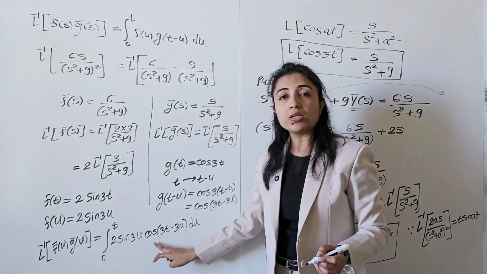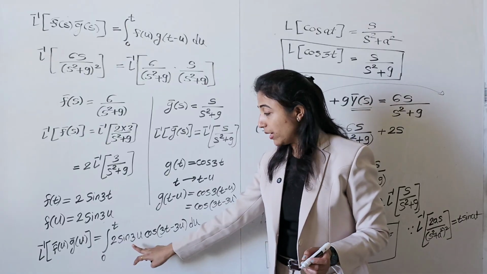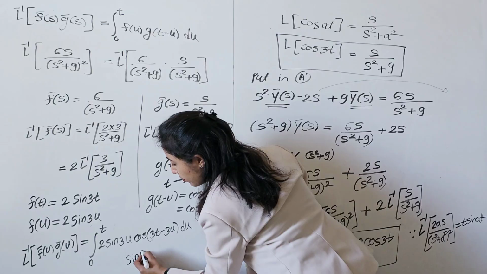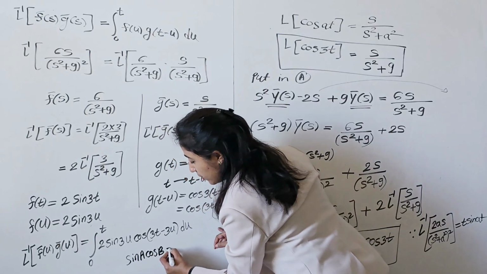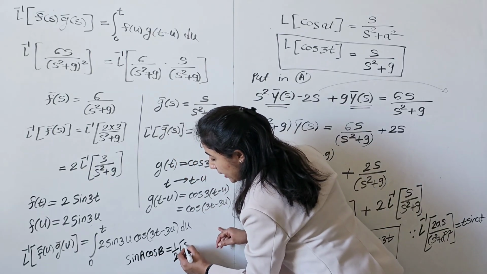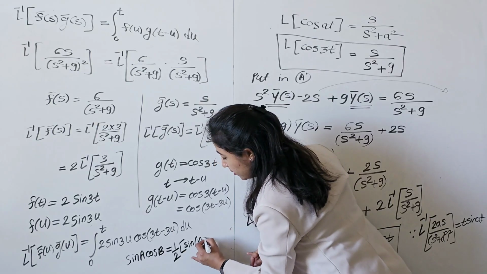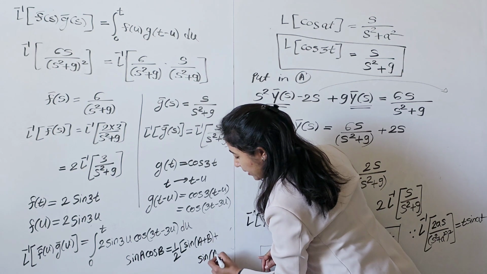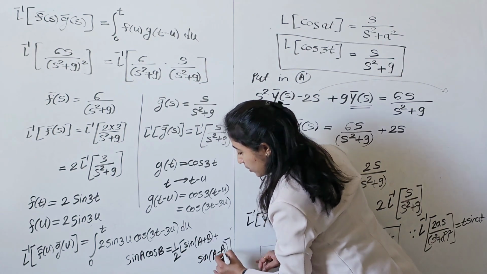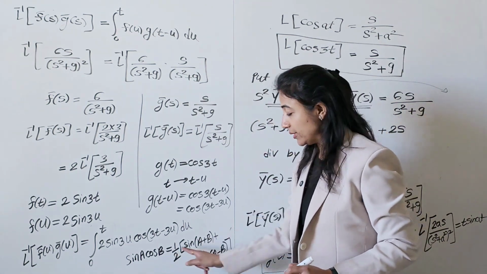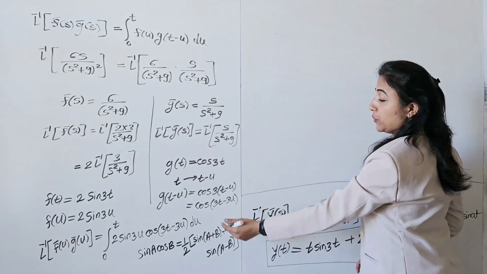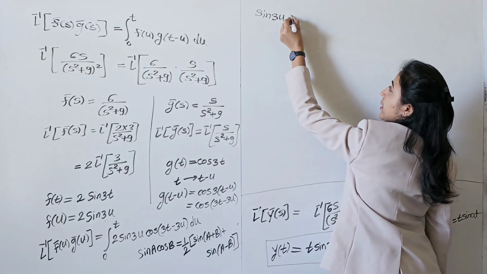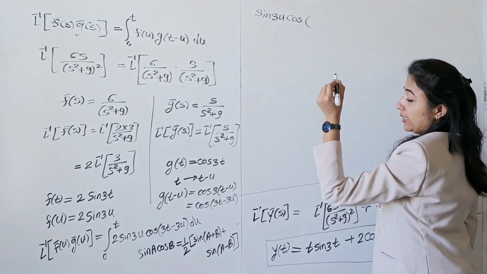Here sine and cos are in the form of a product, so directly it is not possible. Again here you have to use the trigonometric formula, that is sin a into cos b. The formula is 1 by 2 [sin(a plus b) plus sin(a minus b)]. So use this formula to solve this integration. So using this formula, here sin 3u into cos(3t minus